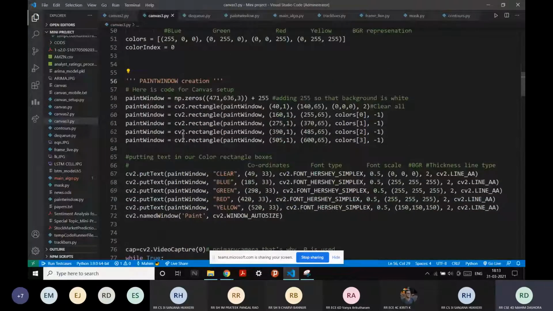In this part we'll just be creating a cv2.rectangle, because we can also play with square dimensions. Please notice this 255. Why do we need to add 255? So that our background is white, because this is the canvas, and we need a white canvas.